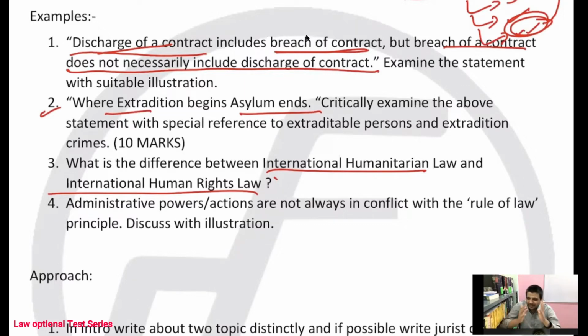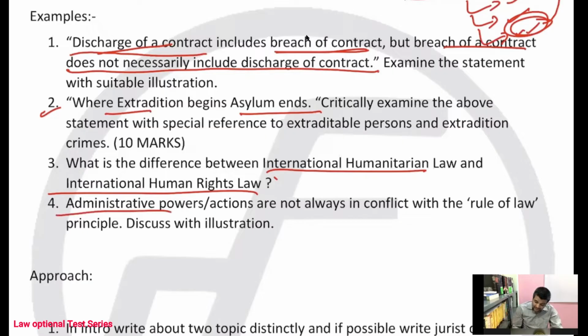That is the point. The ultimate aim is to practice it. You do not say that, okay, this has also been asked and last year you are giving it again. Yes, I am giving it again because I know that same question will come again. That is the whole nature of this course, the law optional syllabus. The question comes, especially in international, it gets repeated. It always gets repeated. Similarly,